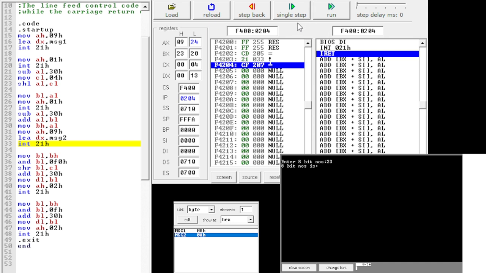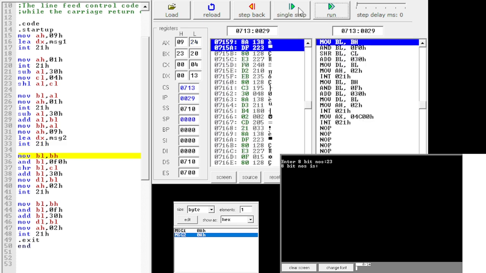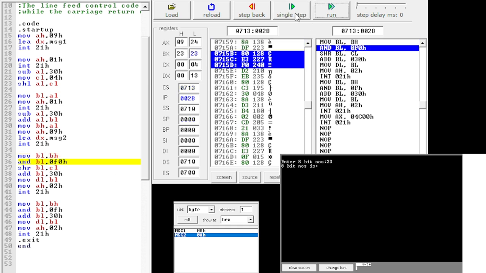Now we have printed just this message on our console. We have not printed the value 23 on our console. So how will it be printed? The next part of our code will display the 23 on our console. So the first thing is we have to copy the contents of the BH register, that is 23, into our BL register. So we have taken here BL equal to 23,